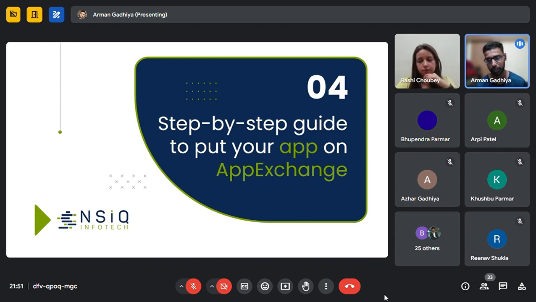That is the first step, creating the application. And second, what are the actual steps that we need to follow if you want to publish your application and get connected to the AppExchange. So first, Rashi, let's guide our audience on the theoretical steps you need to follow if you have an idea in your mind.